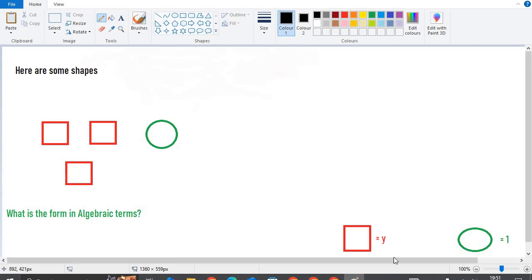We can see here that we have a little bit of help that says the rectangle or square equals y and the circle equals 1. So we can see that there are 3 y's in this sequence and there is just 1 circle. So 3 y's and 1. So now we have to write it in the form of algebraic terms. So we have to write 3y add 1,